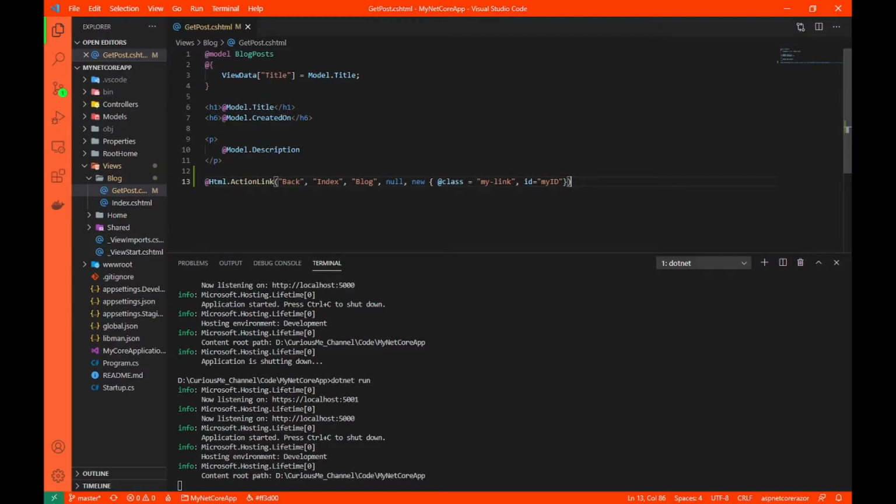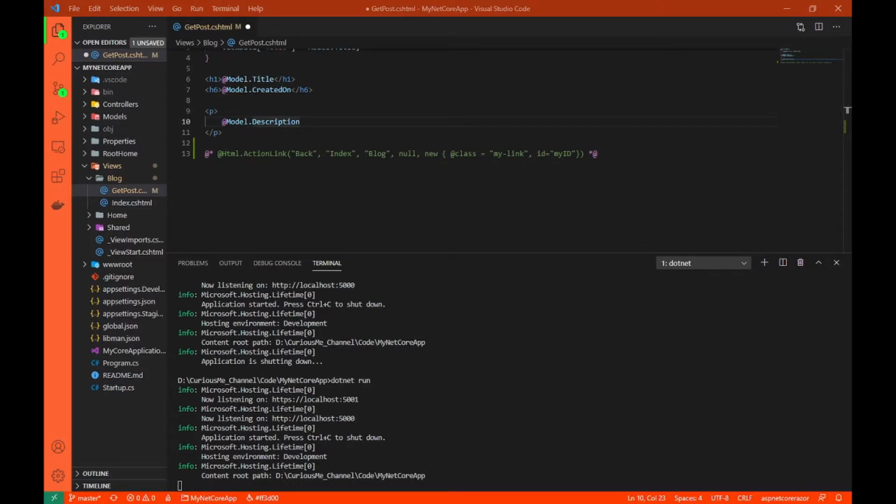Okay, now let's discuss tag helpers. For that, let me comment this out. With MVC 6, Microsoft introduced tag helpers. Tag helpers are basically the same as HTML helpers, but they are written more like an HTML tag rather than a C# function. If you look at this line, it looks like a function, doesn't it? A function that takes a lot of parameters, right? So this is not HTML kind of code. This looks like C# code. But tag helpers look more like traditional HTML.